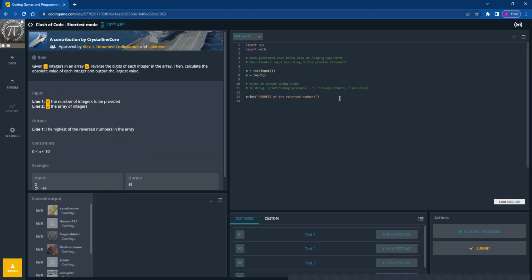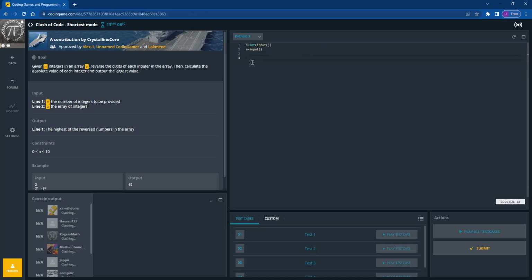integer. All right, so we've got more than 13 minutes to go, which is good because that gives us time to explain what's going on. I was hoping we'd get a shortest mode. I'm going to do this first in a regular way without shortening it, and then we're going to try to reduce our code size. So first, I am going to reduce our code size a little bit just by getting rid of unnecessary spaces. But it's still readable at this point. By the time I'm finished, it might not be readable, but we'll at least have the ability to explain